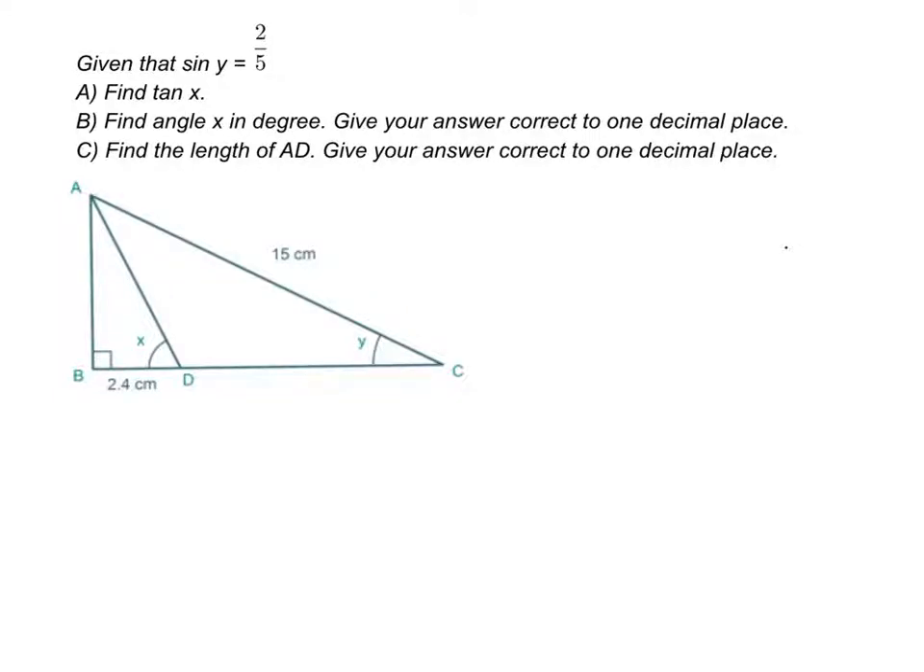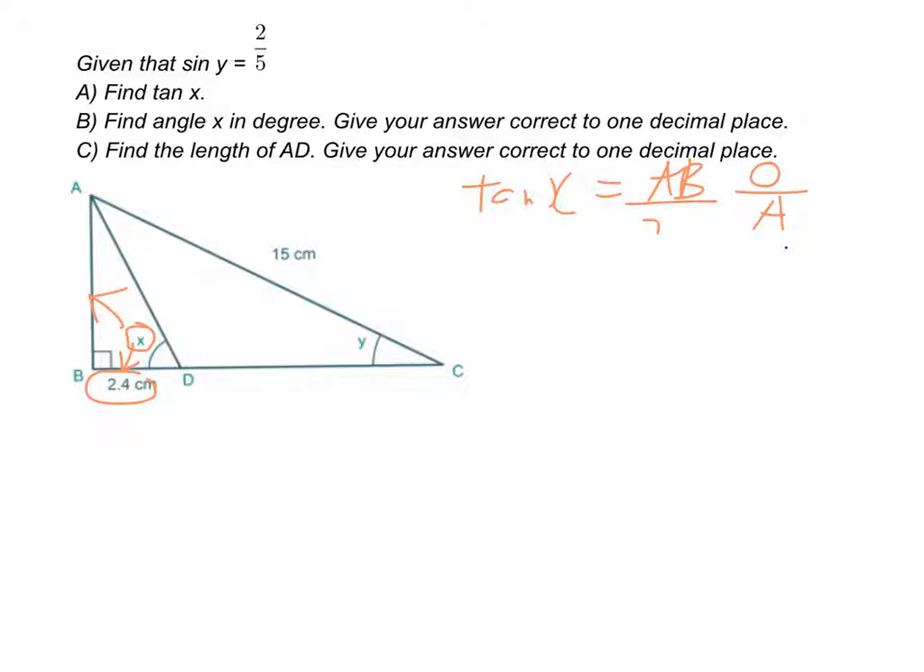Given that sine y is 2 over 5, find tangent x. Now this is x. Tangent x. Tangent is opposite over adjacent. Now the opposite of x is AB. We do not know, so we just put AB here. And the adjacent is this one,